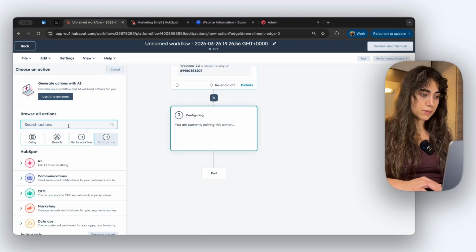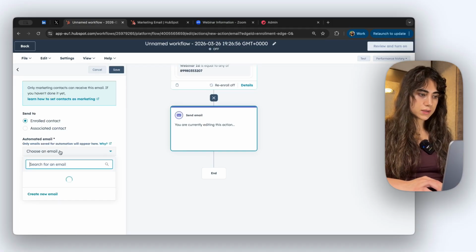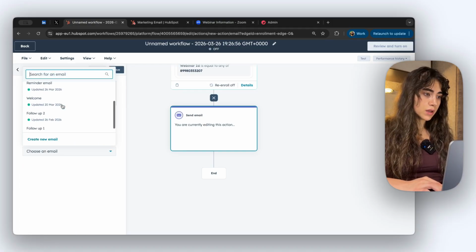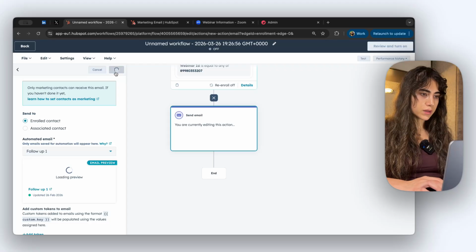Now let's send our email. So search Send Email, click on it and select your follow-up email. Here, I have follow-up email. Click Save. You can create a similar workflow for those who did attend your webinar, sending them, of course, a